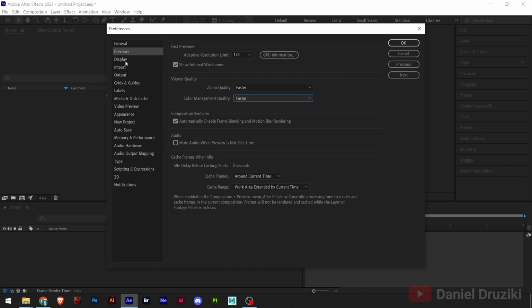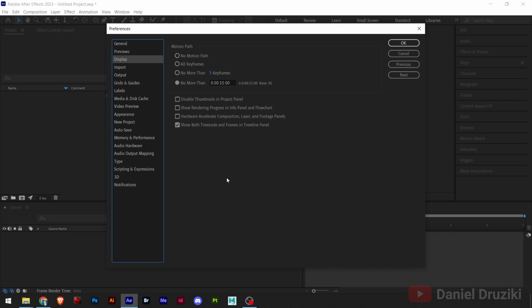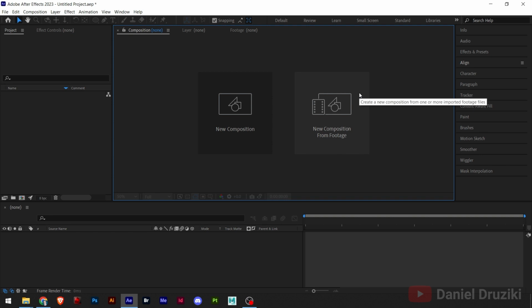Next, we go under Displays. Again, by default, yours will be like that. I recommend you uncheck the Hardware Accelerate Composition. Uncheck that, and everything under preferences is now really good to go. Press OK. I recommend you closing your After Effects and open it again. Now,